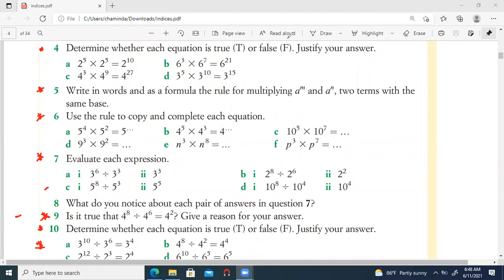Yes, then we will start the lesson. We have to revise these things. I have corrected some mistakes. You have sent me some answers, so according to those answers, I have to do corrections. So let's do these revisions to revise the previous concepts. Then we can start today's lesson.